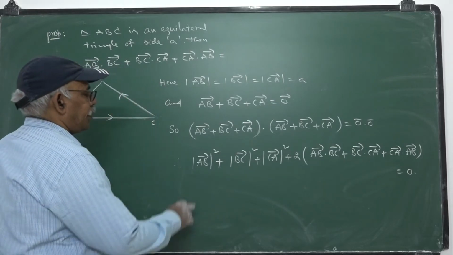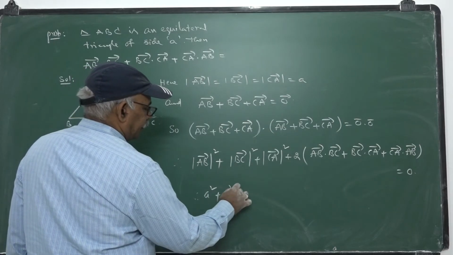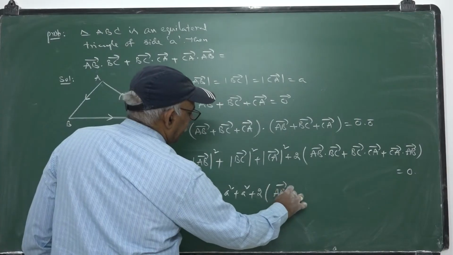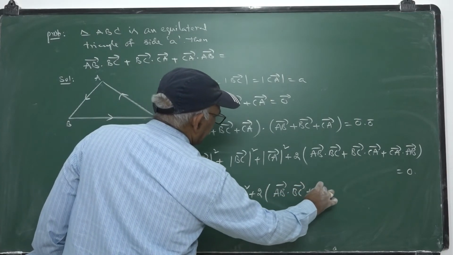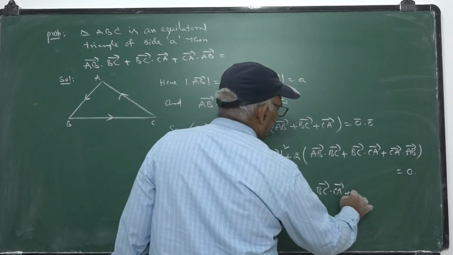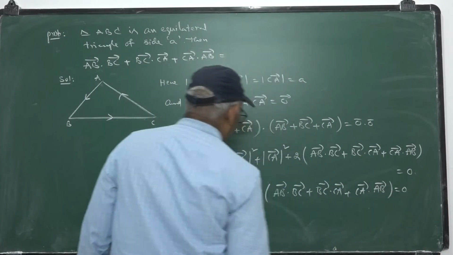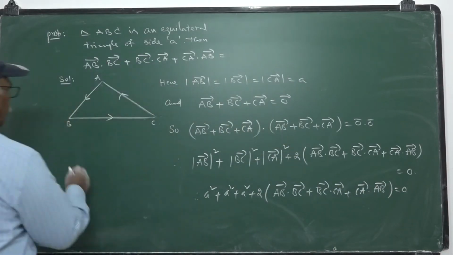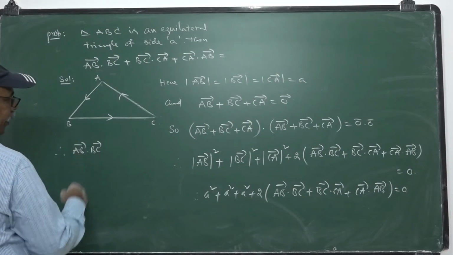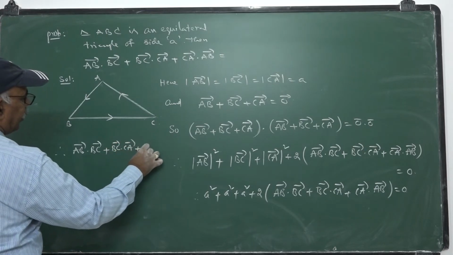Modulus of AB square is A square. This is A square, this is also A square, plus twice the sum of AB dot BC plus BC dot CA plus CA dot AB, which is 0. This is 3A square. Therefore, the required product AB dot BC plus BC dot CA plus CA dot AB